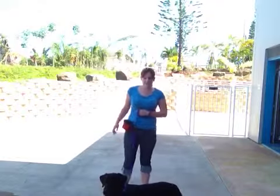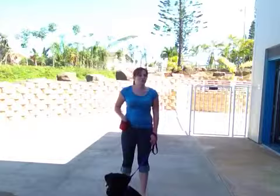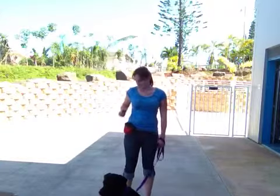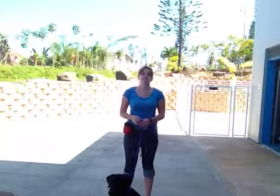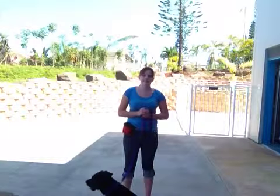Now, because I think this will be a little more tempting for her, again, I'm going to use her lamb lung treats so that if she does get away from me and snap up a couple of the treats, it's nothing that she's going to have allergies to. It's her regular training treats. So this is really important, like I said last time, in case